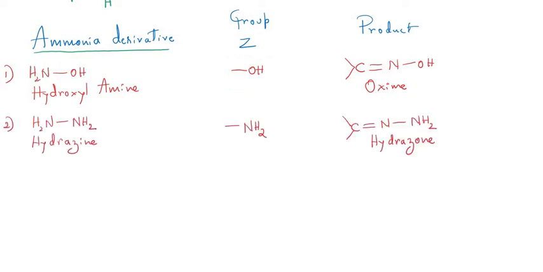Now the second one is hydrazine, okay. So in this hydrazine, one of the hydrogens of ammonia is substituted by an NH2 group, right? So therefore I have written here in this Z group as NH2. So our product after the reaction, that is aldehydes or ketones, when treated with what? Hydrazine, the product formed is called as what? Hydrazone. If it is aldehyde, then we call it as aldehyde hydrazone, the corresponding name. For example, if it is formaldehyde, we call it as formaldehyde hydrazone. If it is ketone, for example, if it is acetone, then we call it as acetone hydrazone. I hope you are understanding, students.